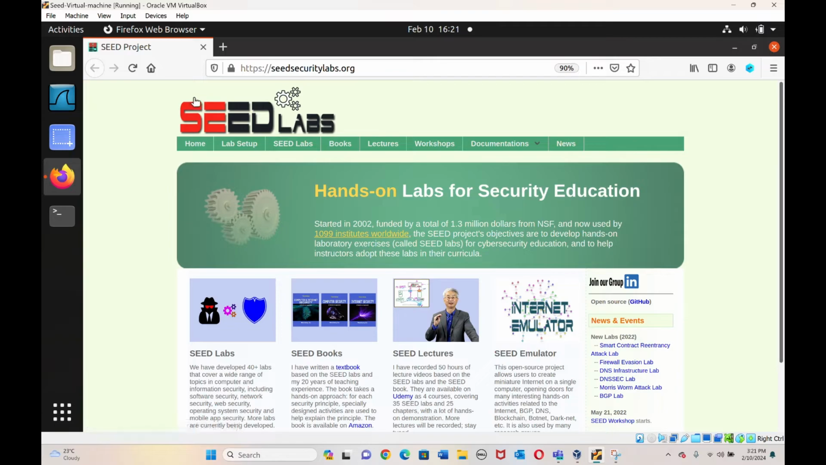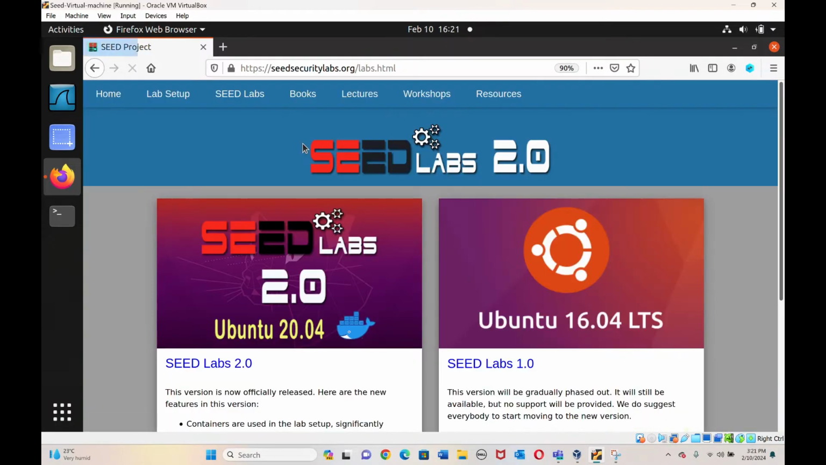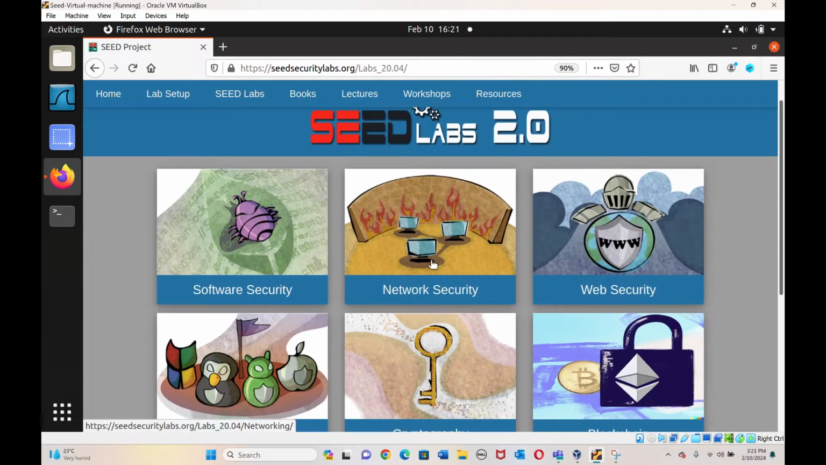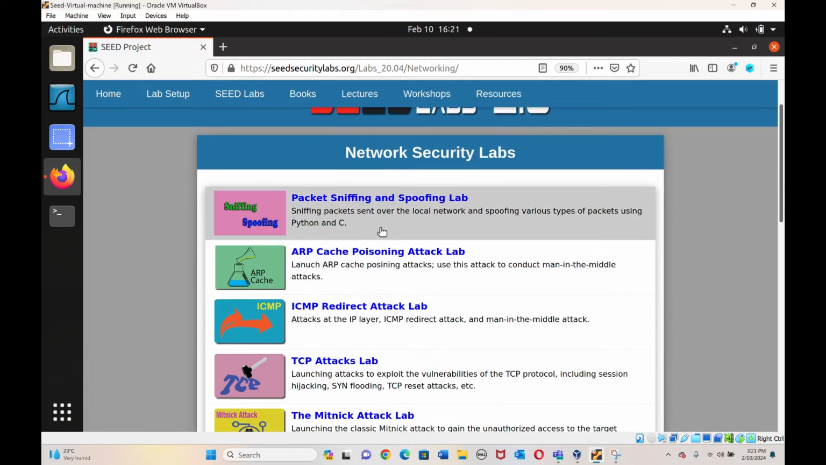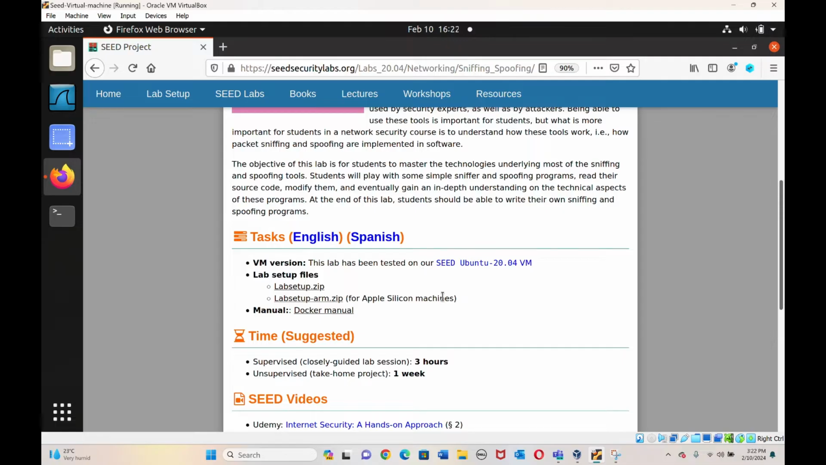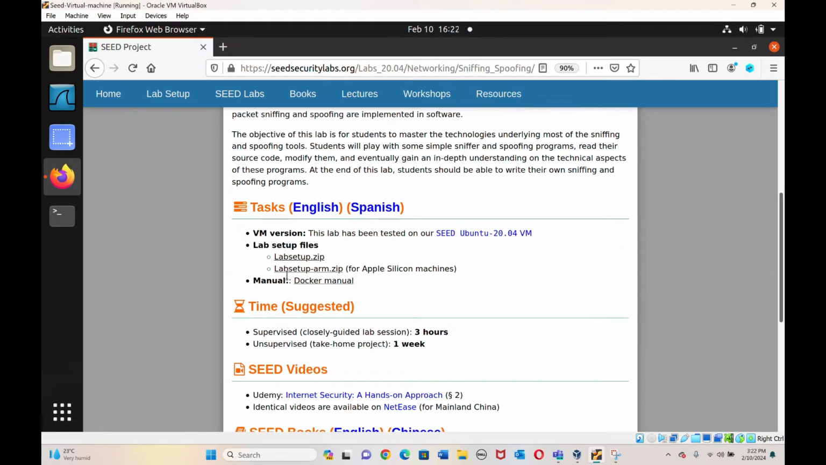As soon as you open, you'll be taken to this page, say securityLabs.org. So here you can go over Seed Labs, go to Seed Labs and select Seed Labs 2.0 and network security. We are gonna do the Sniffing and Spoofing lab for our first lab. So what you have to do is,